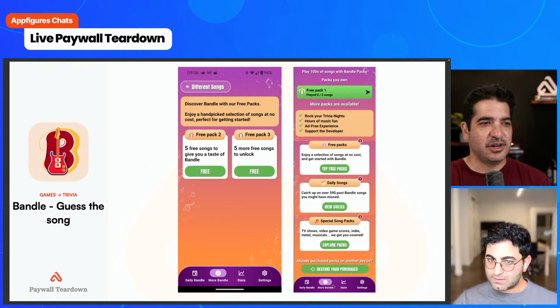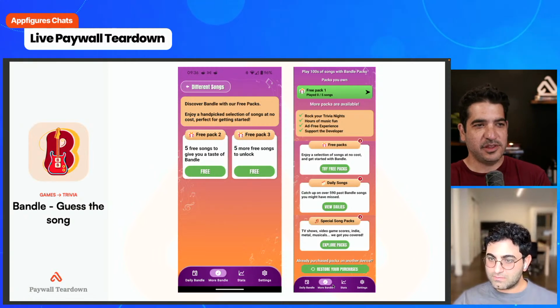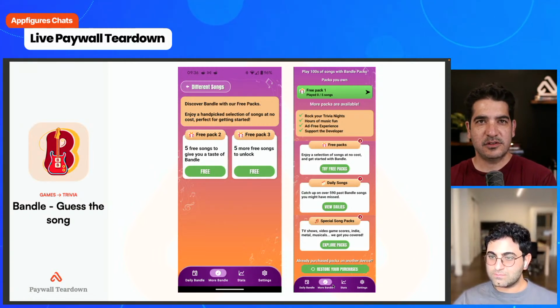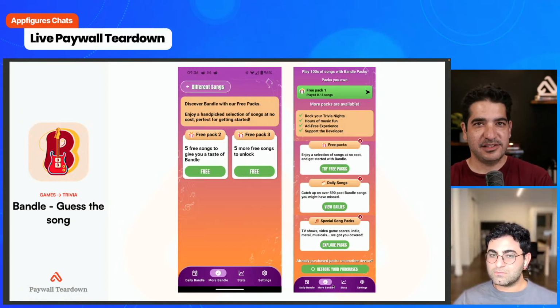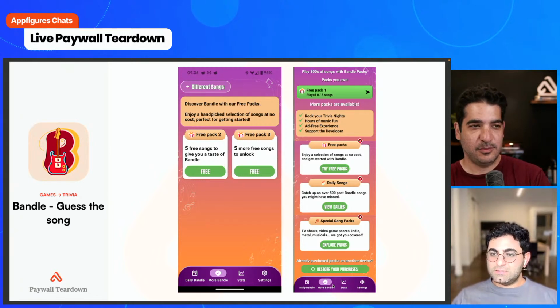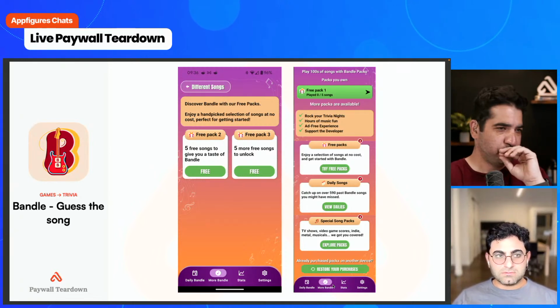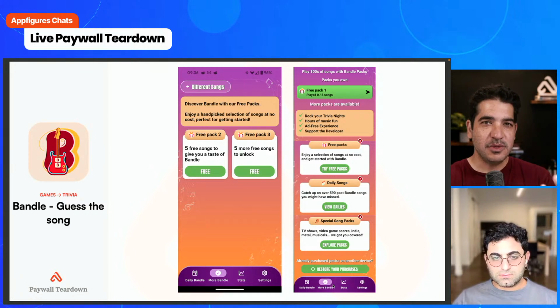Yeah, I kind of like that. So I pulled up the screenshot with the pricing, and it looks very similar to the screenshot we see on the left, where we have boxes, and each box has some information and a big button. This one says free. The paywall says get now, and to me that's the problem.